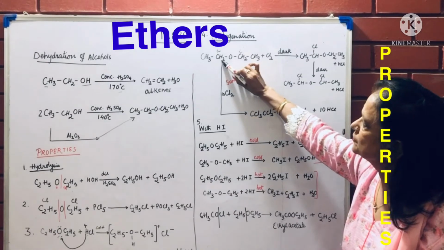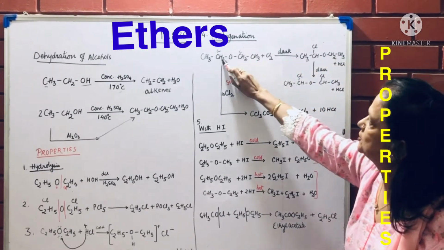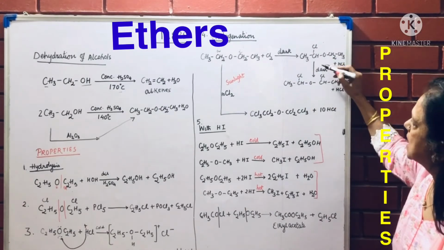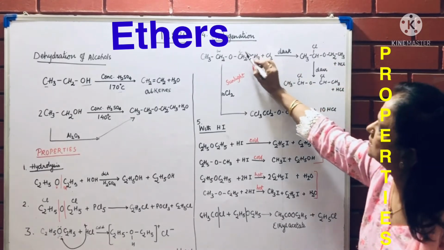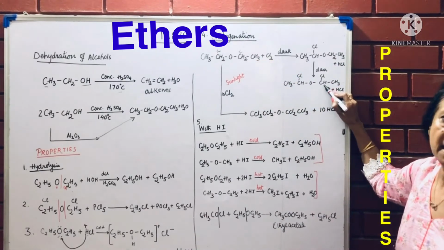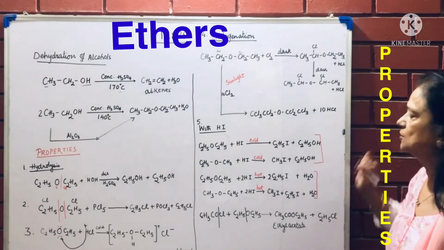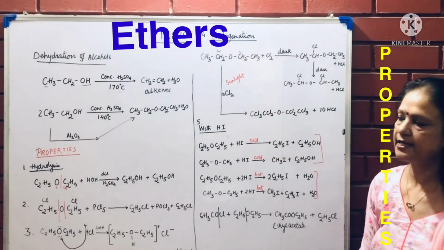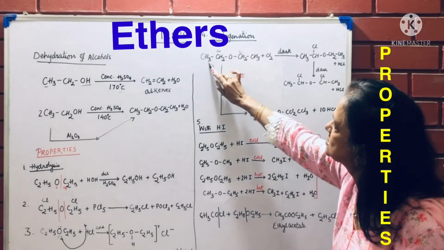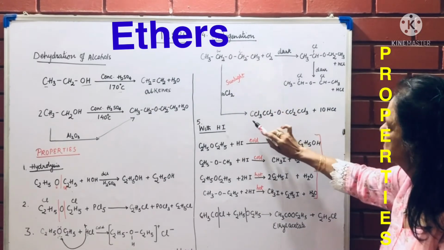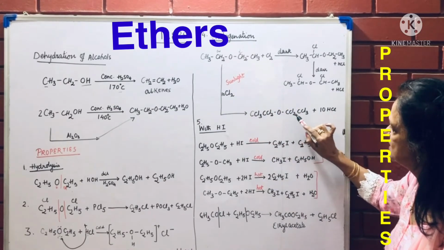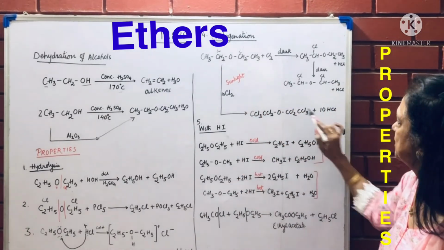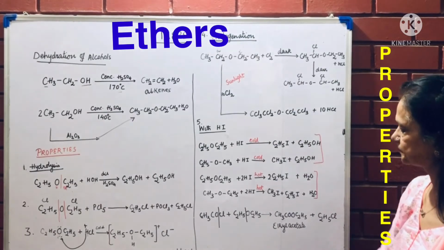So one hydrogen from here is lost initially, H, and the Cl attaches here, plus HCl. If I continue this reaction, then on this side again another hydrogen is lost, replaced, and chloride is attached. If this reaction is done in sunlight, in that case all hydrogens, 3 here, 2 here, 2, 3, become CCl3, CCl2, O, CCl2, CCl3 plus HCl. If you balance the equation, it becomes 10 chlorine molecules here and 10 HCl.